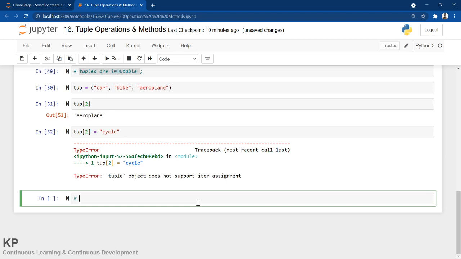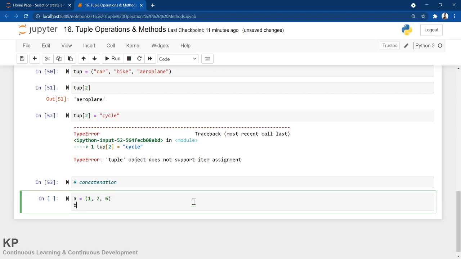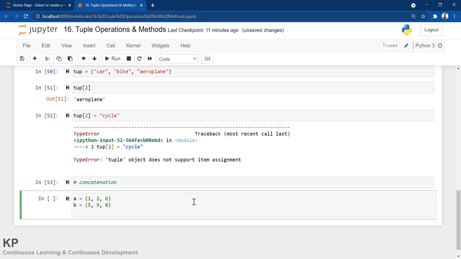Let me give an example related to concatenation. Concatenation is something like appending. Okay, so let me give an example. I'm taking a tuple, suppose a equals, a very simple one, 1, 2 and 6. Similarly, I'm taking one more tuple, b, which contains suppose 5, 9, 8. Any numbers, I'm just choosing randomly. So these are tuples.